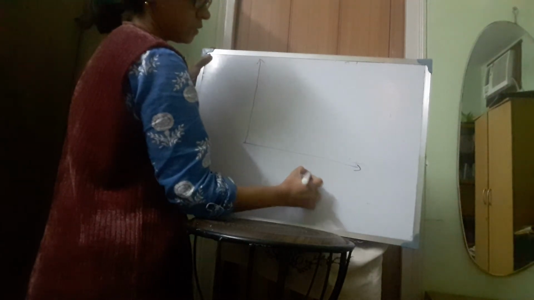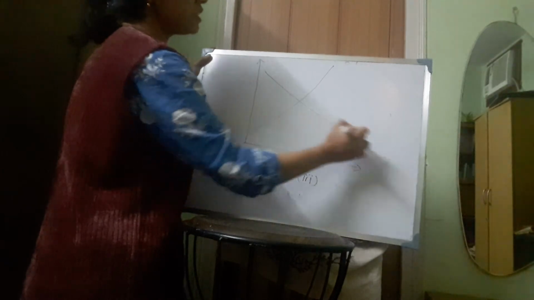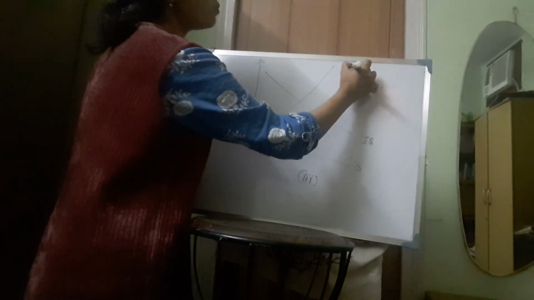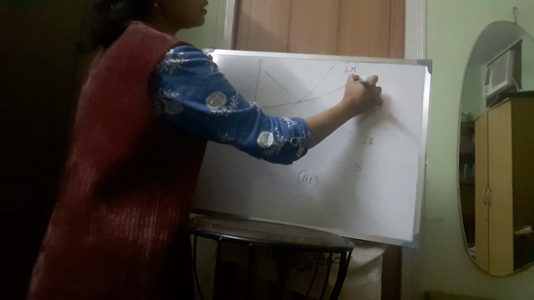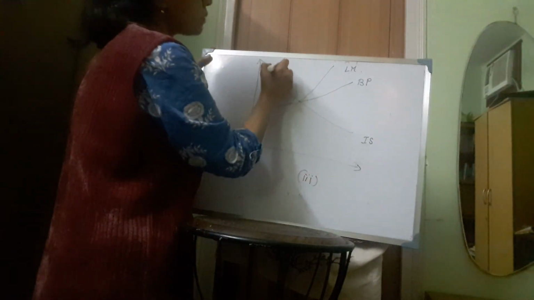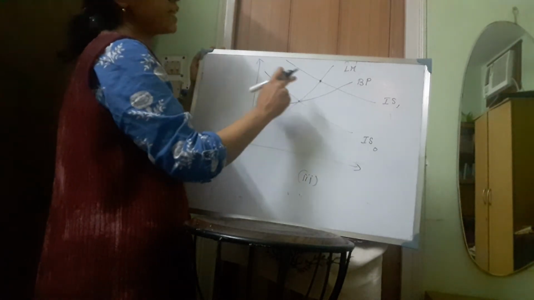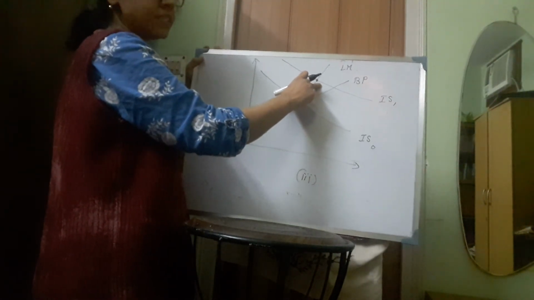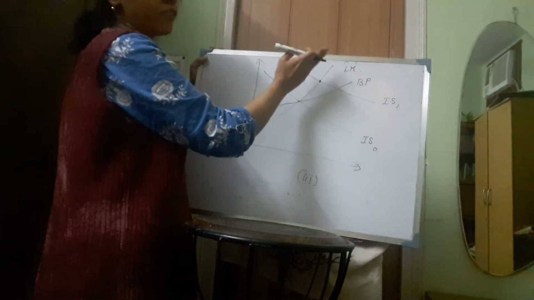So we are drawing figure 3 here. So we have a negatively sloped IS curve, a positively sloped LM curve, and a flatter BP schedule. That means the capital mobility is very high here. Now we have an expansionary fiscal policy, so the IS curve shifts to IS1. So the new point of intersection between IS and LM is here, and just now we explained that at point B there will be a BOP surplus, and also why there will be a BOP surplus, and we are to the left of the BP schedule.